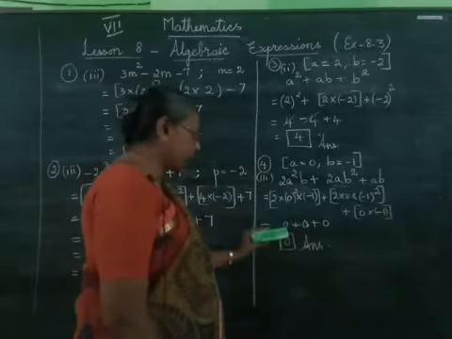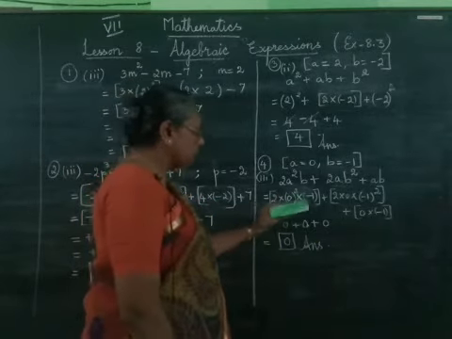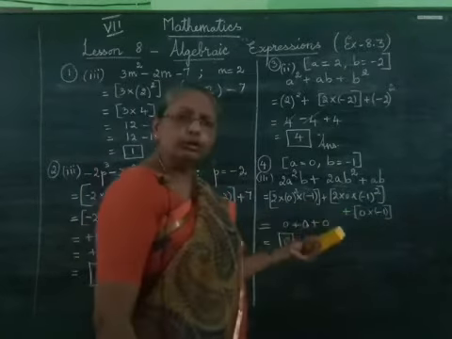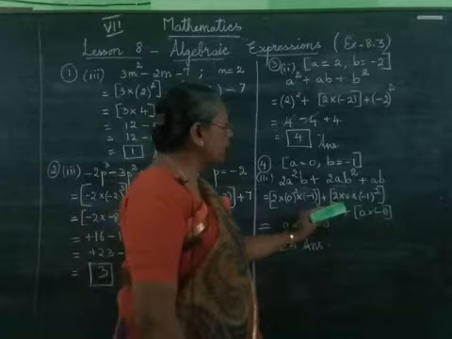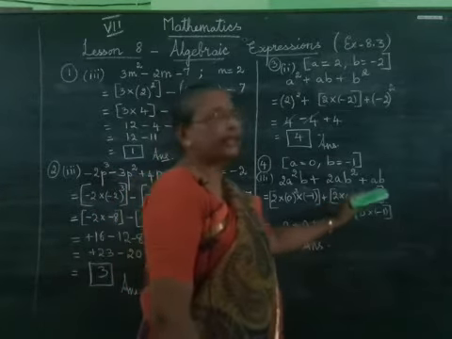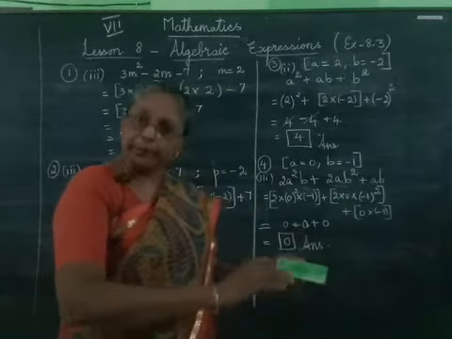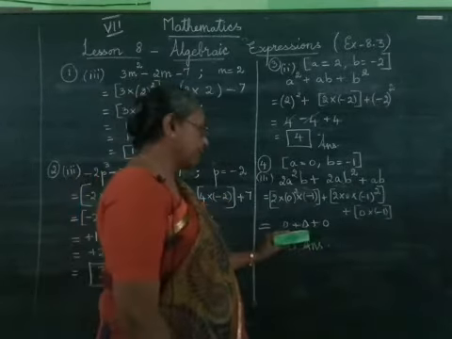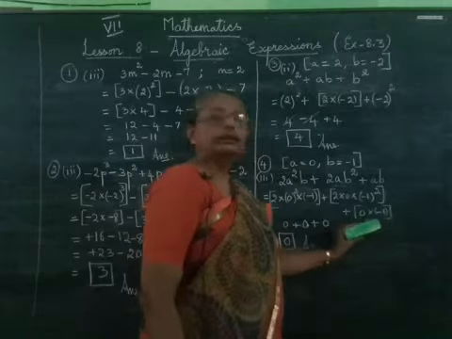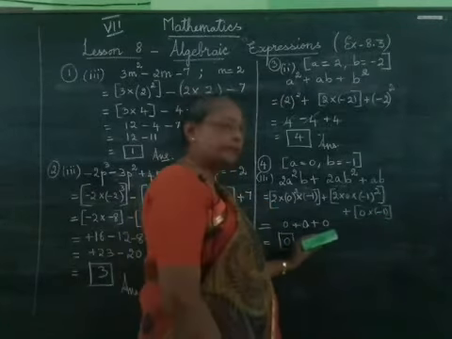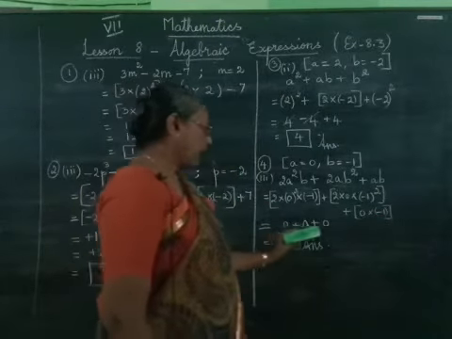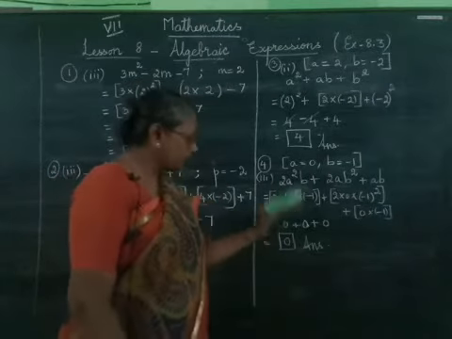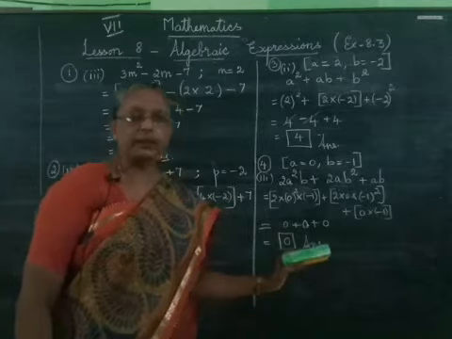So, the answer for this term becomes 0. And the value for this term also will be 0, because here also 2 into 0 into minus 1. All the numbers are only multiplied. So when we multiply any number with 0, it becomes 0. And here also, it is multiplied, therefore it becomes 0. Now when we add zeros, we get only 0. So the final answer for this expression will be 0.